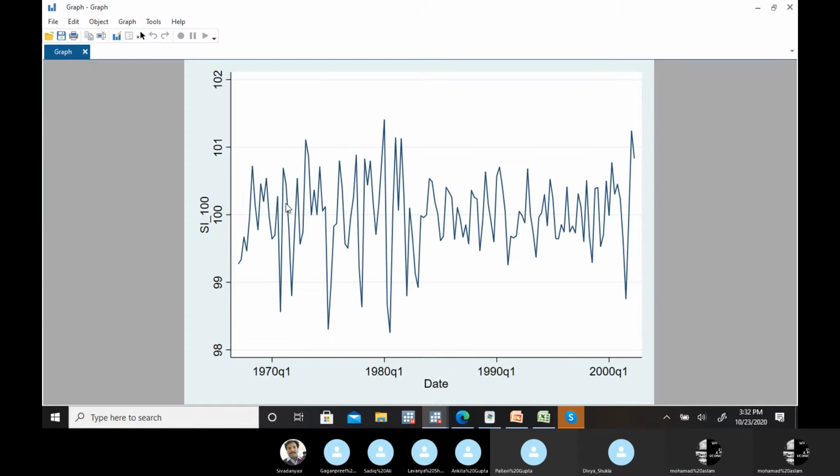Now you can see this variable is incorporating seasonal changes, but the deviation is not the same all the time. So it might be due to some irregular component. In a few quarters you can see the deviation is quite large compared to the other quarters. That might be due to the irregular components, so we have to eliminate this irregular component. How can we eliminate the irregular component from the seasonal?